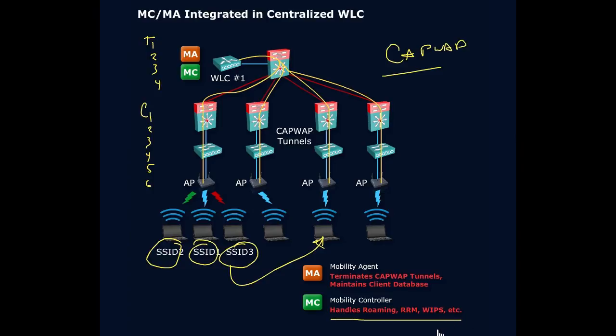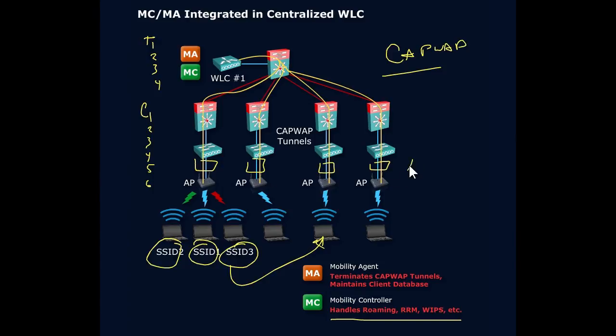It also keeps track of wireless intrusion prevention. It has some security features there. It's managing the radio frequencies with RRM. So there's a lot of good things that the mobility controller is doing from on high, from a systems-level perspective to maintain the whole system, whereas the mobility agent is a little more localized, keeping track of these tunnels. I say that because in some configurations, we'll see that we might have wireless LAN controllers that are